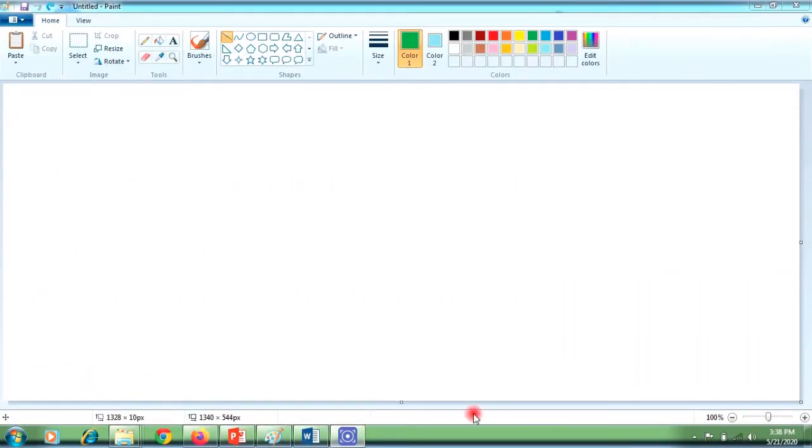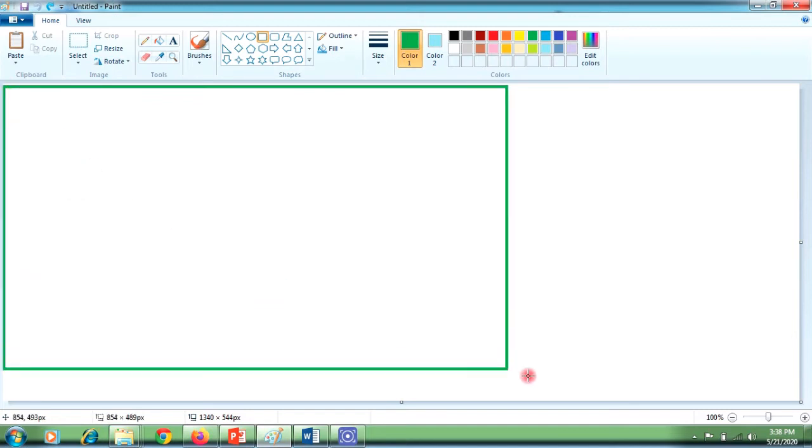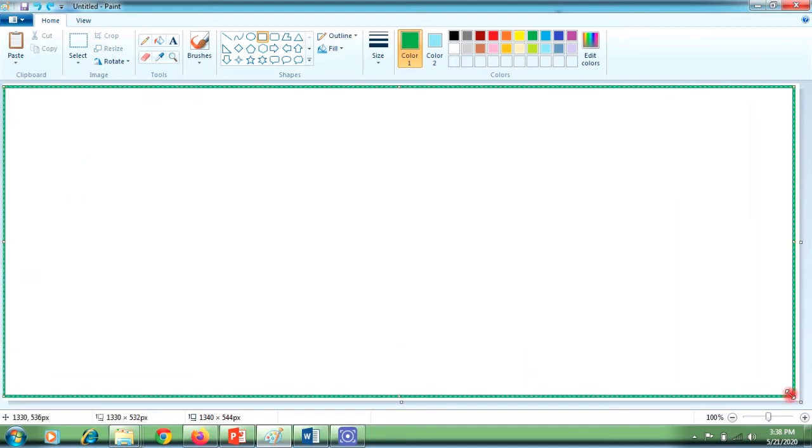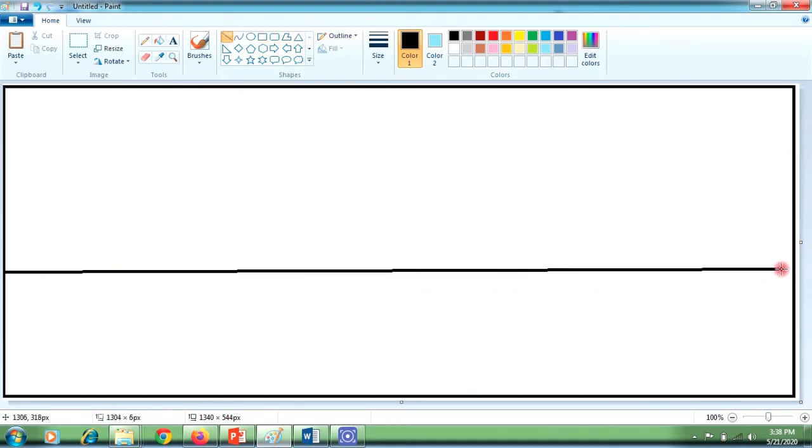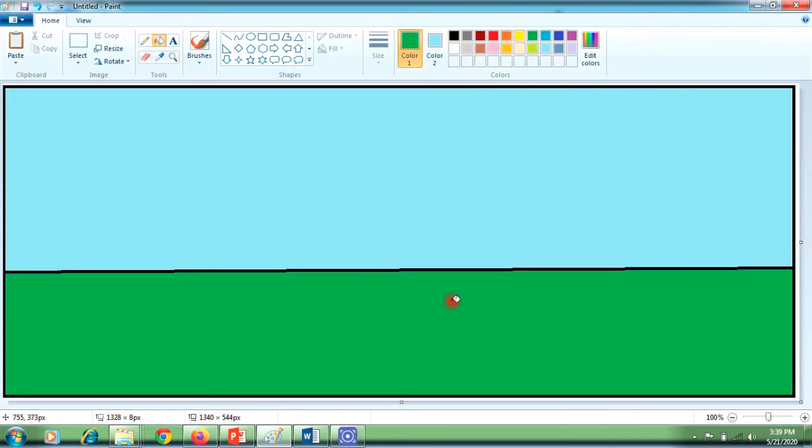Now we'll see how to create a drawing, and then we'll see the steps for how to save it. So I'm creating a simple drawing using this rectangle and then a line in between, and then I'm going to use this fill with color tool, then two colors, blue for my sky and green for the grass.